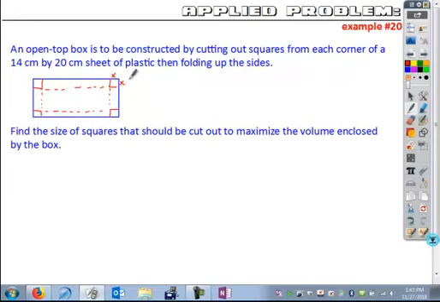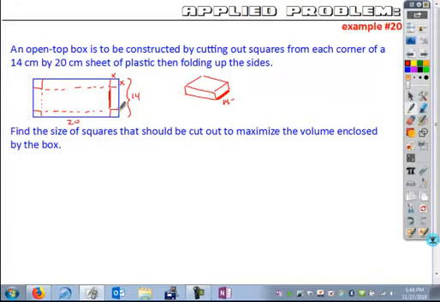So we're going to call the size of the squares that you're removing x by x. So that's your unknown side, and you want to find out what size you can use to maximize the volume of this box. If you think about what's going to be created here, it's a box that kind of looks like this, where this dimension here is this piece. If you know the original dimensions are 20 by 14, you can identify that this piece right here is going to be this length of 14